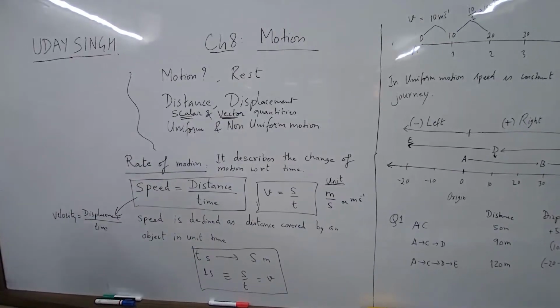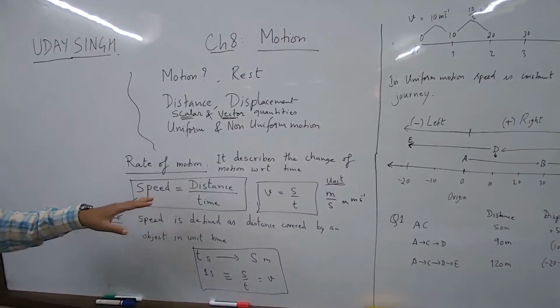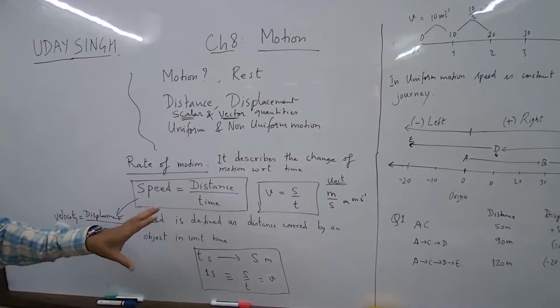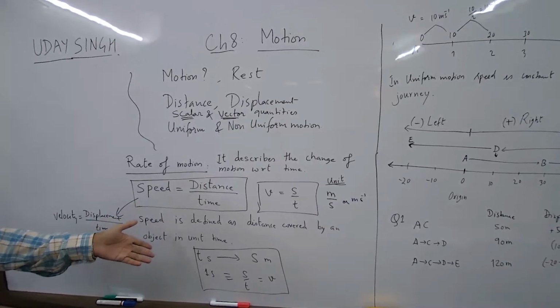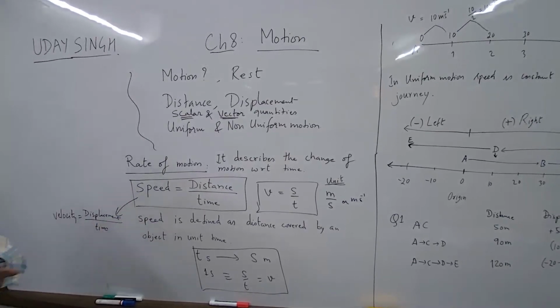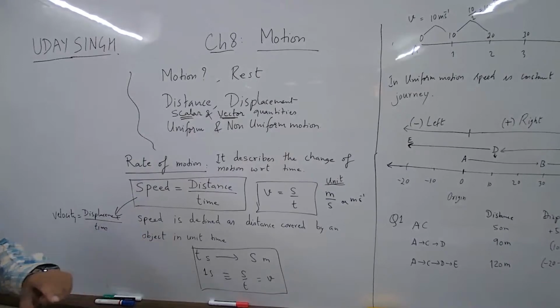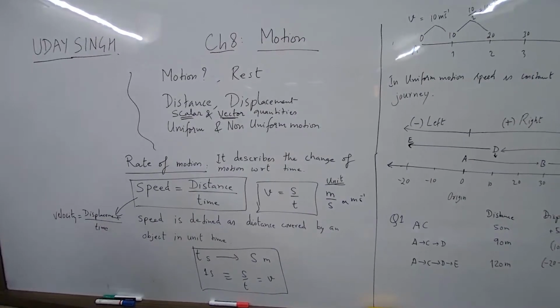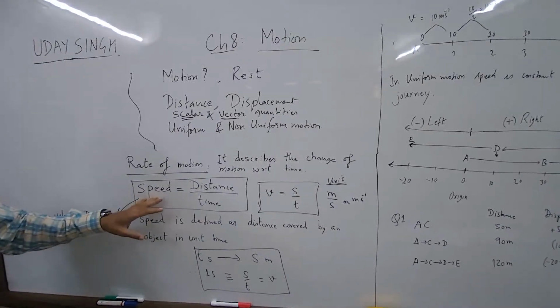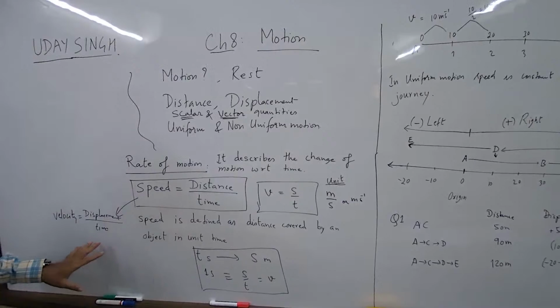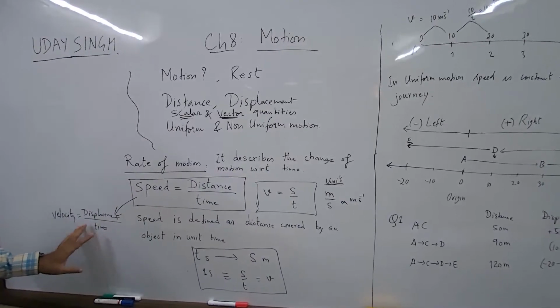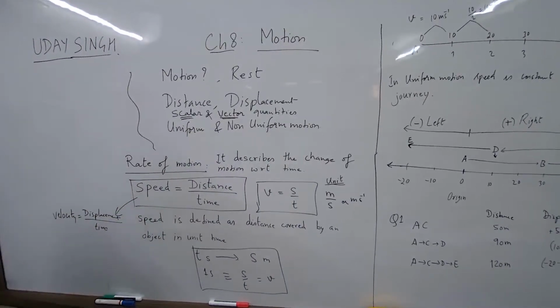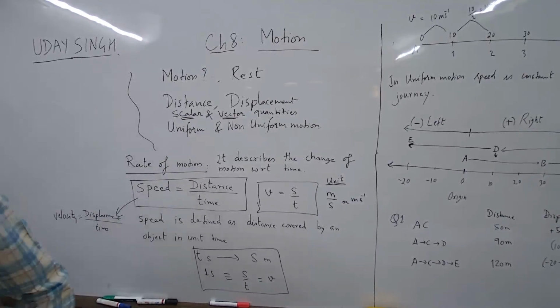So we are still not done with speed. There is average speed, the concept of average speed. All those things are there. So we'll cover that. Your understanding of these terms is very important for you to be able to solve numericals, because in numericals there is a play of words: where they have said speed, where they have said average. Then your approach has to change. So we'll finish the speed portion and then we go to velocity. Right now, I would suggest you don't write velocity. We'll do that separately. All right. See you in the next lecture.